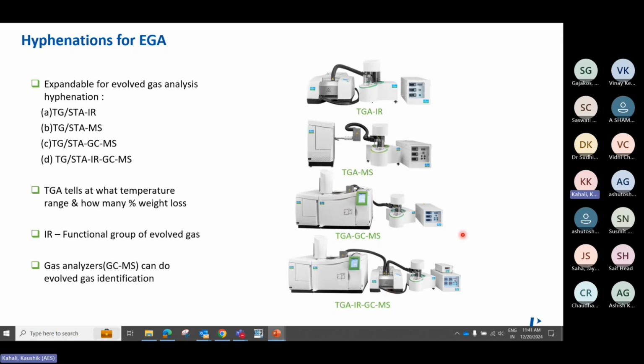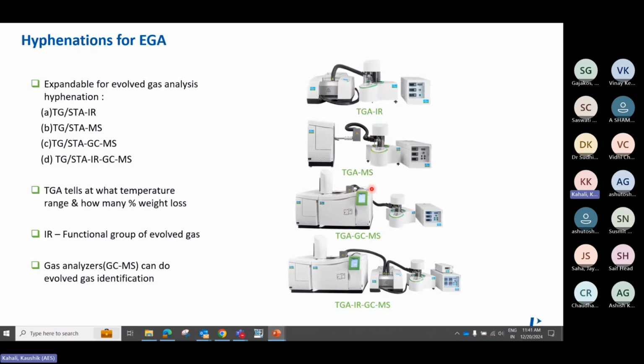In FTIR, a heated gas cell is connected, where you can give the command for when the FTIR spectra of the gases are to be taken. And the vapor phase library will help you identify which gases are present if any IR active gases are there. And in GCMS, it is the full-fledged analysis of the gases